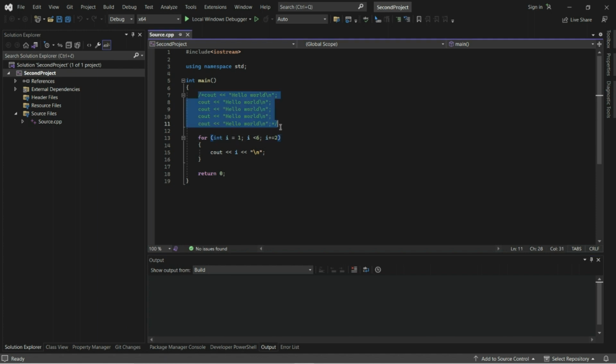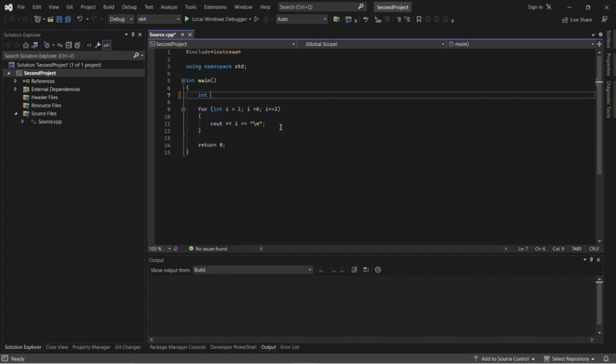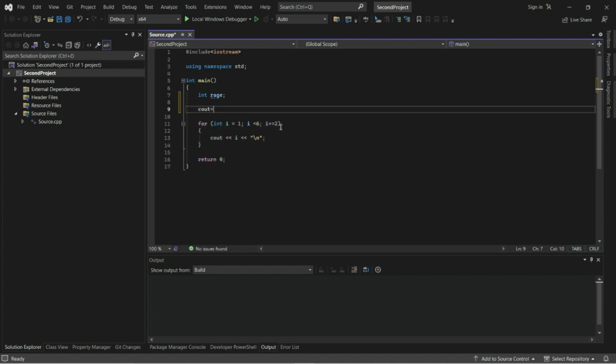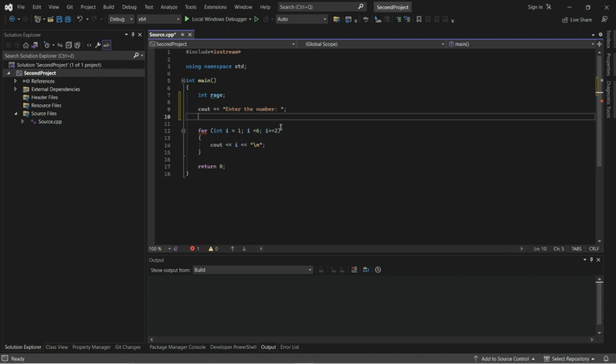First I need variable, and I will call it range. Then I need to ask user to enter the number. Then I need to request user's input.